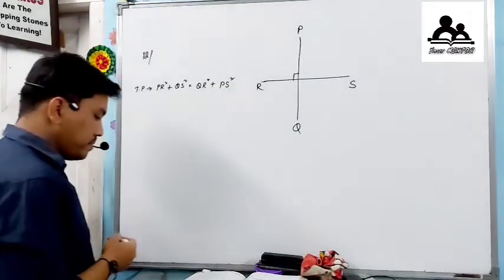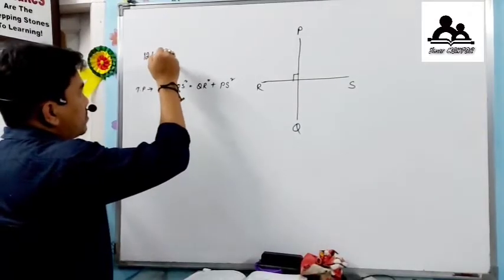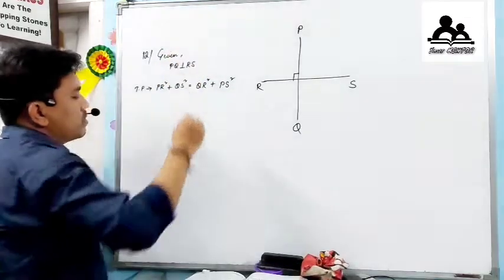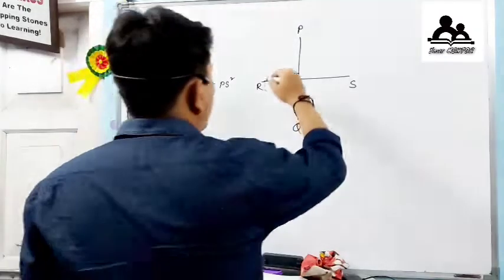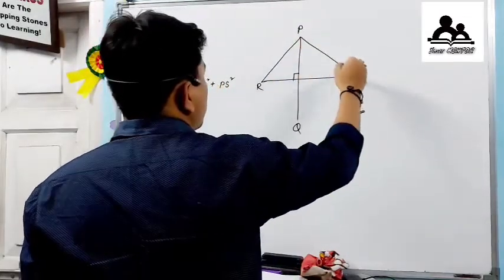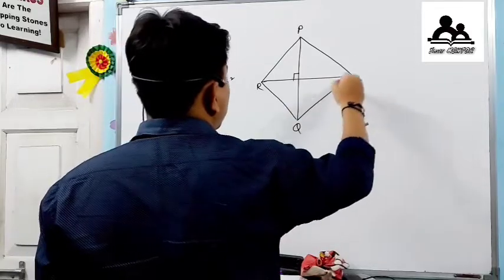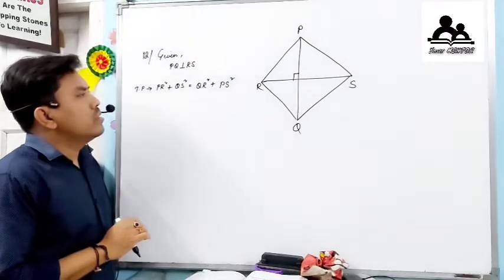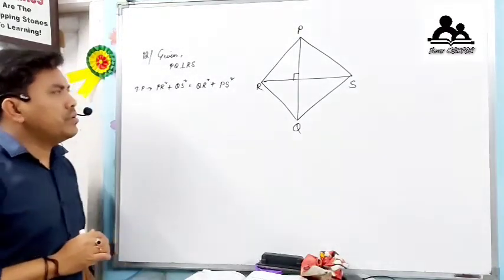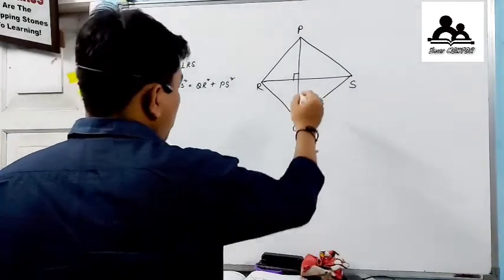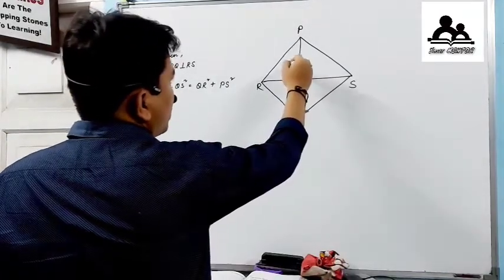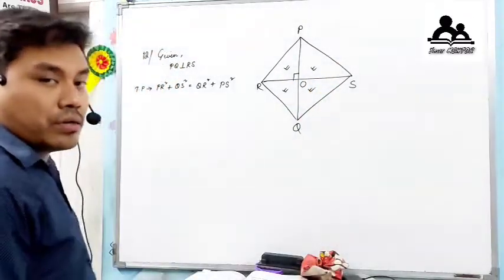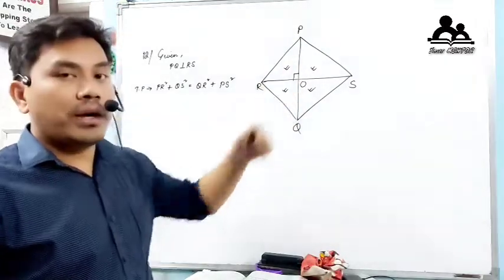So what is given? It is given that PQ is perpendicular to RS. In the figure itself, PR, PS, then QR, QS, all these are joined, isn't it? It is already given in the book. Since PQ is perpendicular to RS, and here the angle is given as O, can we see here 4 right angle triangles are there? So what we will do? In each of them we will apply Pythagoras theorem.